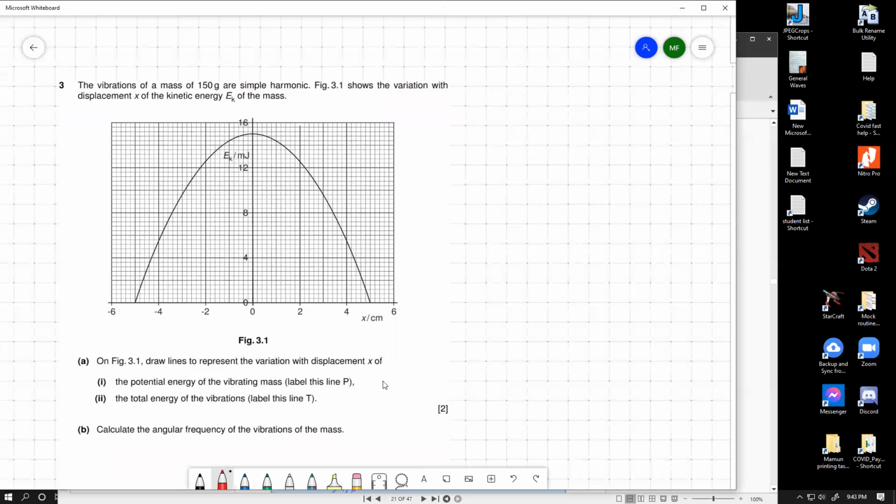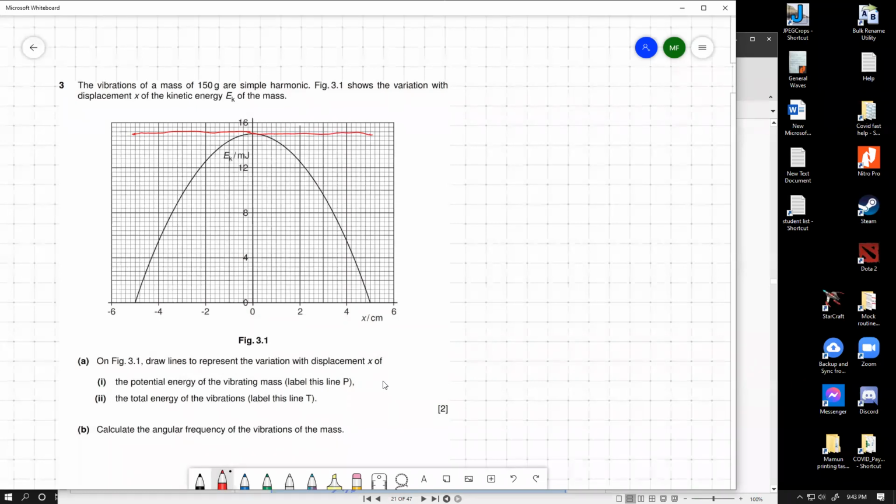Drawing the total energy line is very simple. You just have to draw a horizontal line at the peak, and you have to make sure that the line extends with the same spaces as the potential energy graph exists. This is 2.5 divisions over here. So start from here, and then you finish up over at this point. Just draw a straight line through this part as best as you can, which should be tangent with this line, and halfway through these boxes. That's your total energy graph.